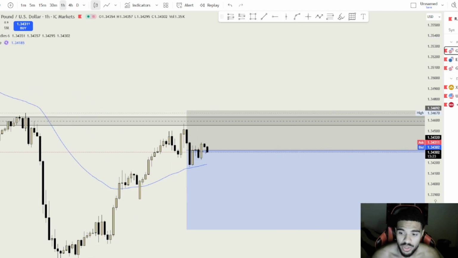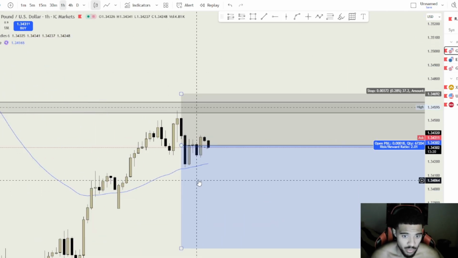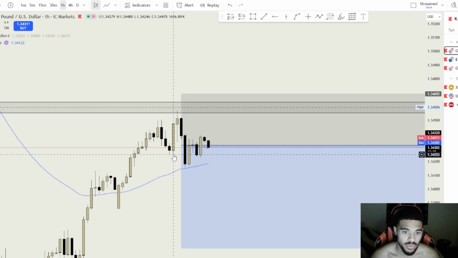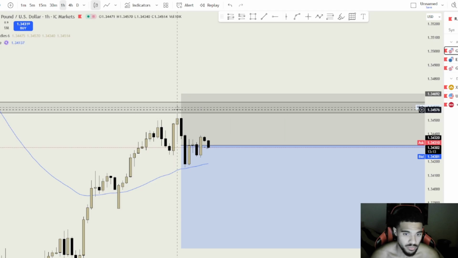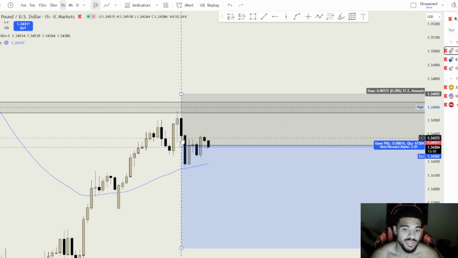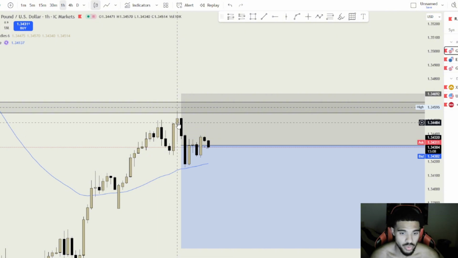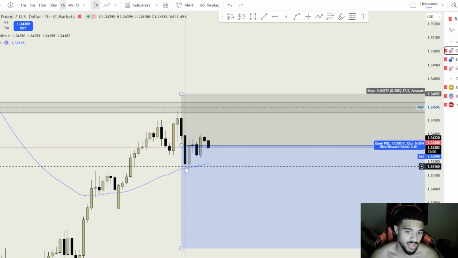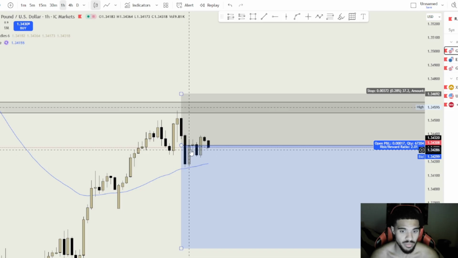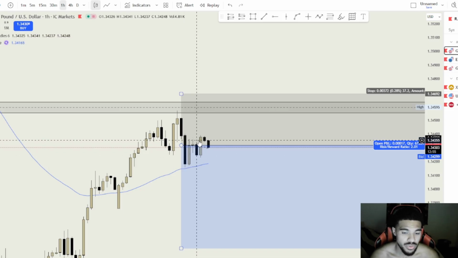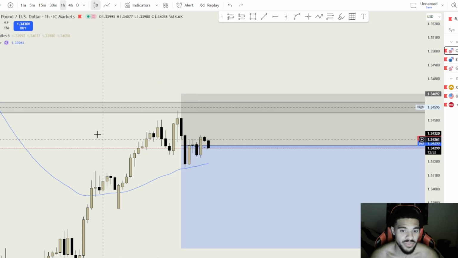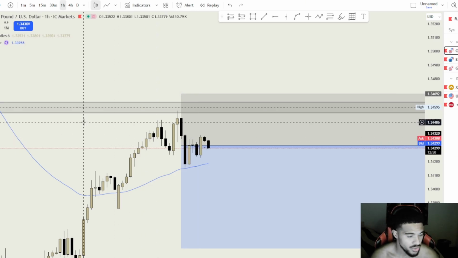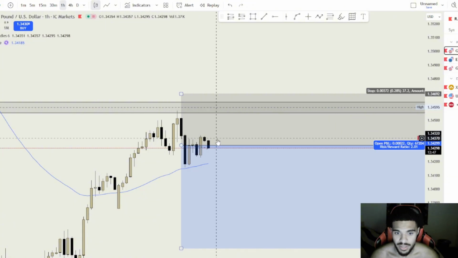What I'm looking into now on the hourly time frame is whether or not we've got some bullish momentum. We had a big bearish momentum, then a big bullish push up with a rejection candle. As you can see, it closed bullish, but the next candle engulfed the body of this candle and we closed bearish, and then another bearish candle as well. So price has kind of made its way back up a little bit. You could look for a fair value gap on a 15-minute time frame or something like that. As you can see, price is still moving because it is Monday.